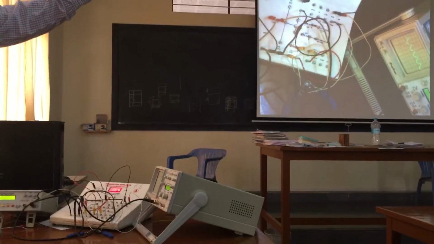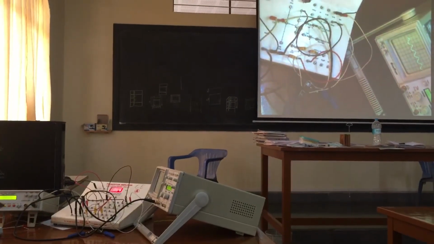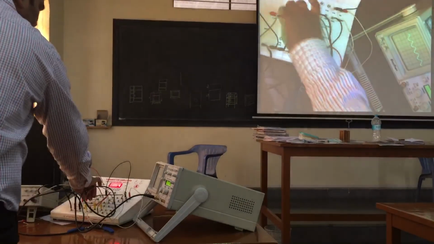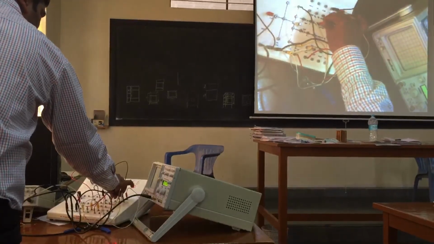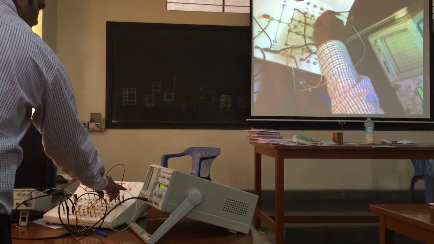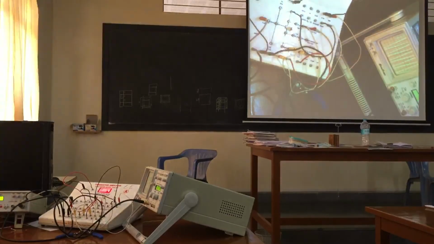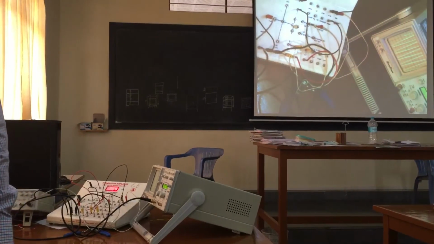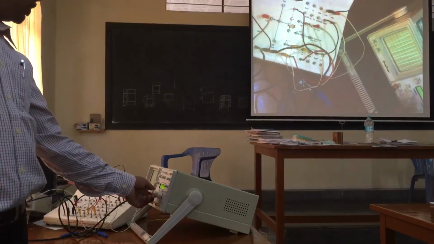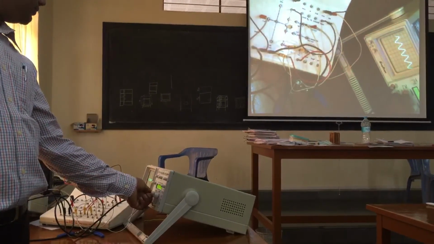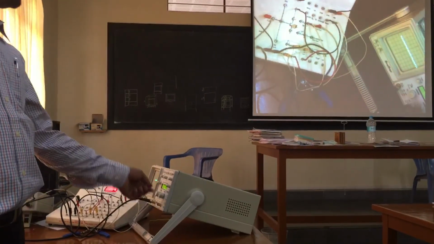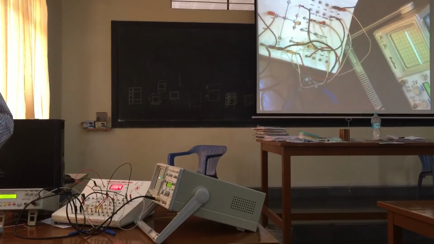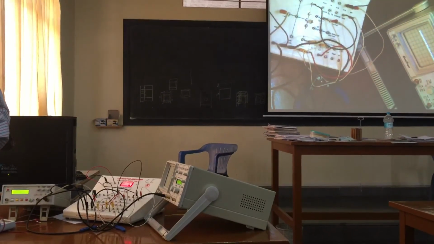So once you verify the input, check the frequency. You know how to adjust the frequency, different ranges. Then remove from here, connect near the collector. Now you can see the amplified wave is available. But are you measuring in 20 millivolt output? What should you have? 1 volt. So change to 1 volt. So this is 1 volt. Output is this. Output in volt, input in 20 millivolt. Like this, different readings we have to check.